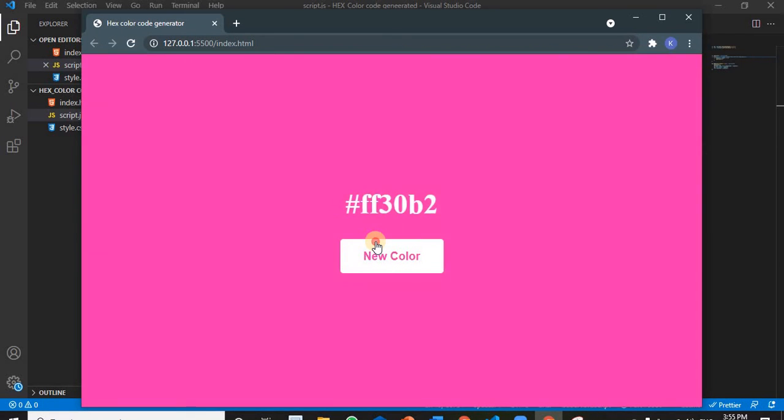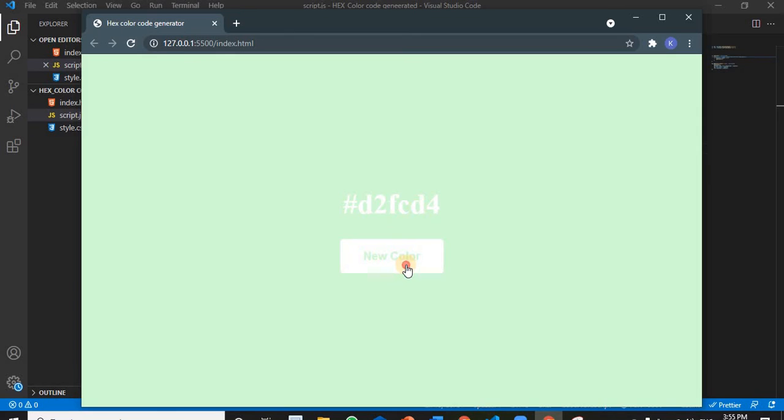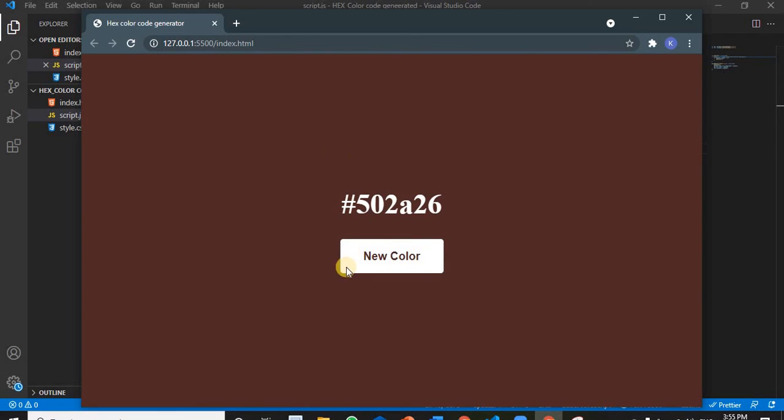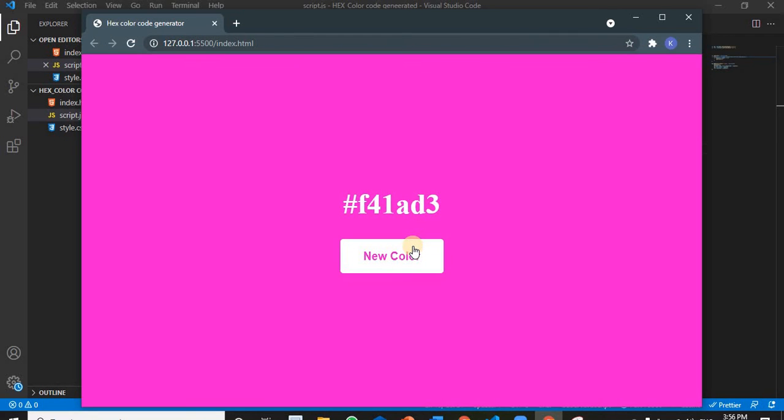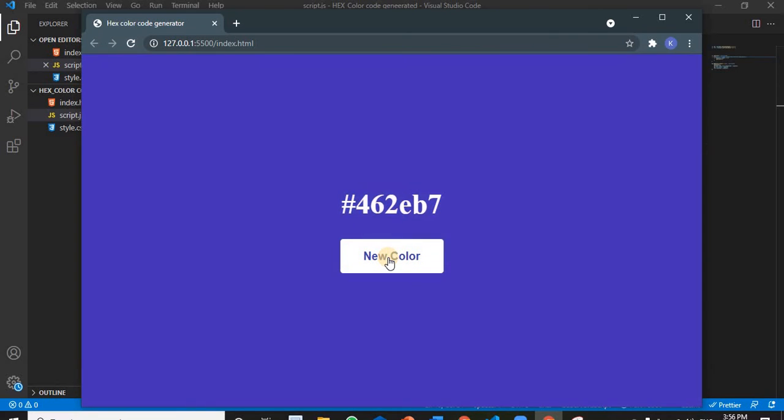Yes, we have solved the challenge. You can see that when we click the new color button, the color of the body, the background color, and the color code is also changing with a particular color, and we can see that the same